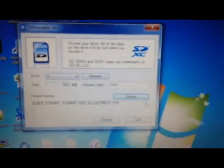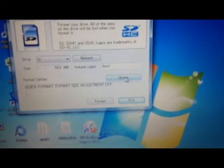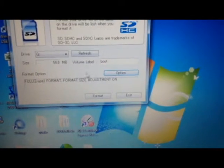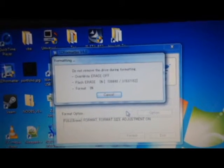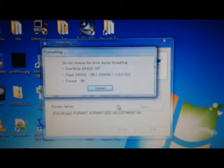I'll just exit this for now because we don't use it right now. And you want to get your SD card on SD Formatter and go Option. You want to put it to Full Erase Format Type, and you want Format Size Adjustment on. And then you can hit Format and hit OK. And this is a 16GB SD card, and I'm just doing this in real time to show you approximately how long it'll take. While I'm doing this, I'll show you where you can get the